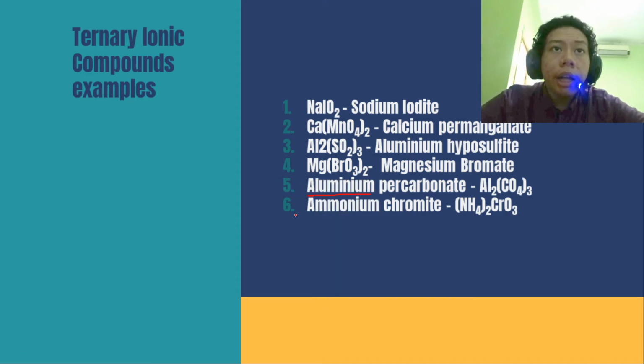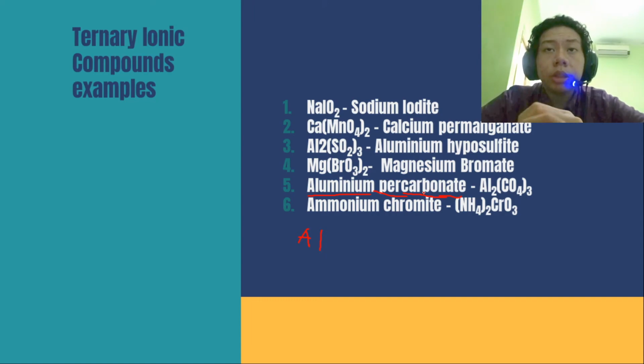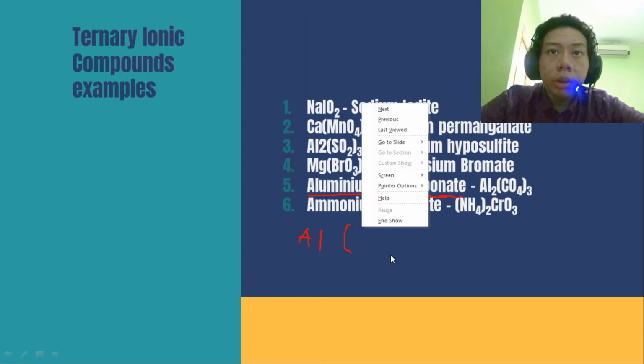Aluminium is Al, percarbonate is from the word carbonate and per, so it has one more oxygen atom than the original one. The original one is CO3, so plus one oxygen, it is